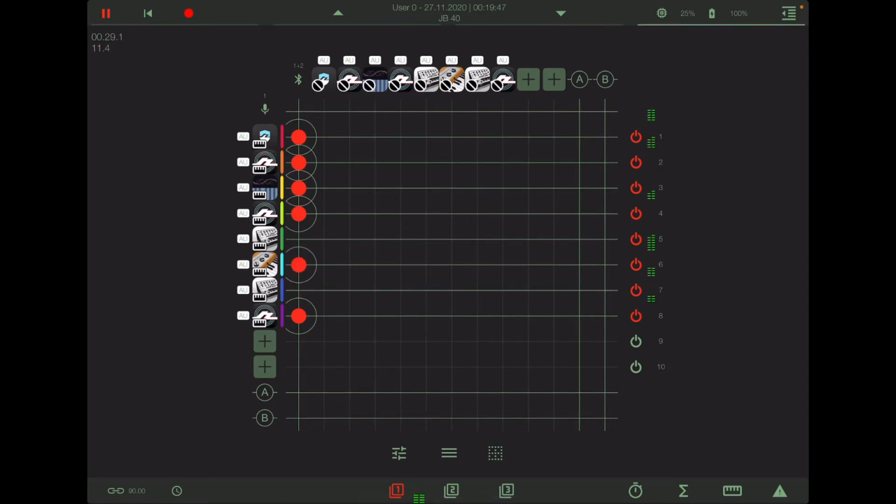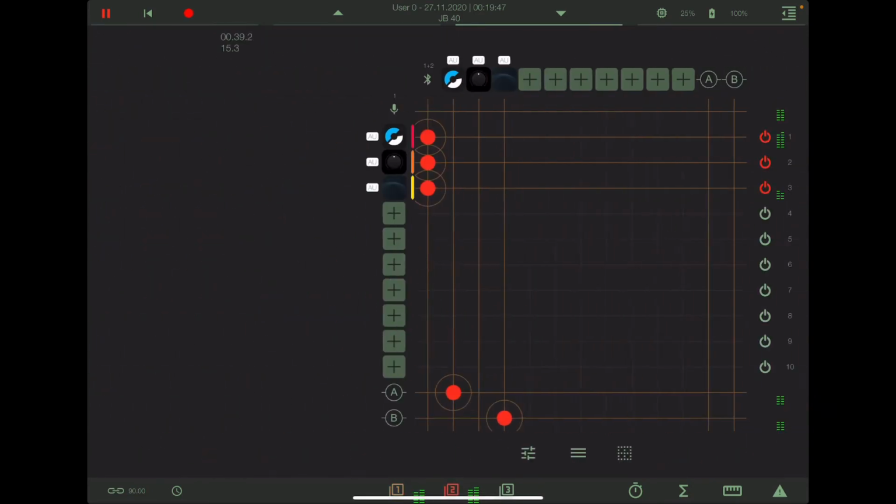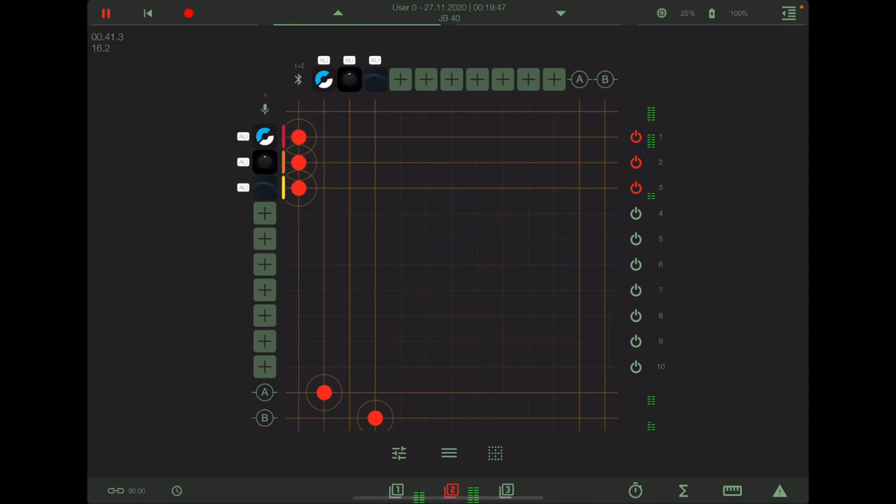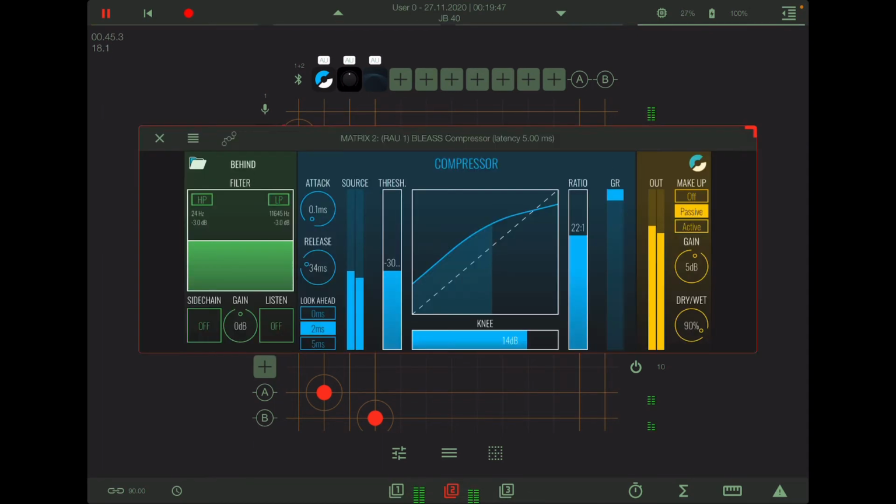And for the pads here, I'm using bus A and bus B. And while that's playing, let's go over to matrix number 2. We're not really using it, so I'm really only using 2 effects here. Bus A is the Bleass Compressor. It's a really, really good compressor. And I have to admit,